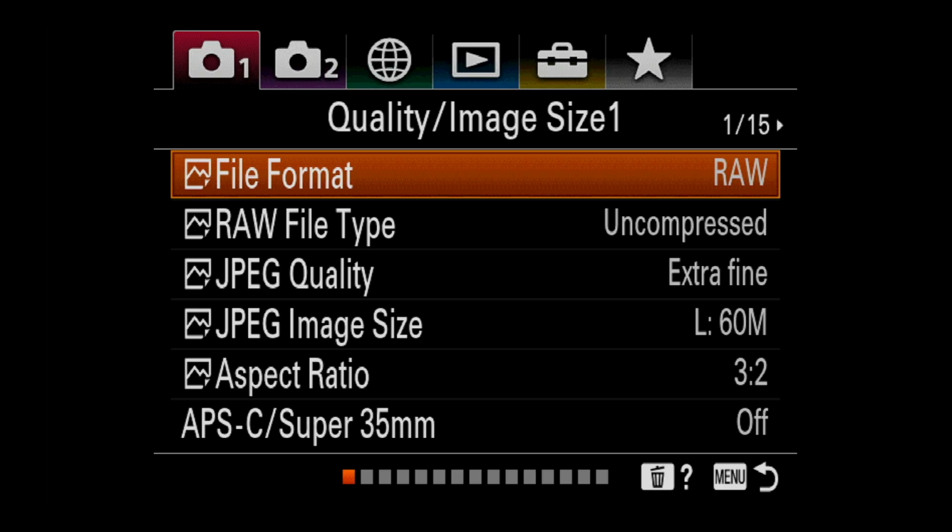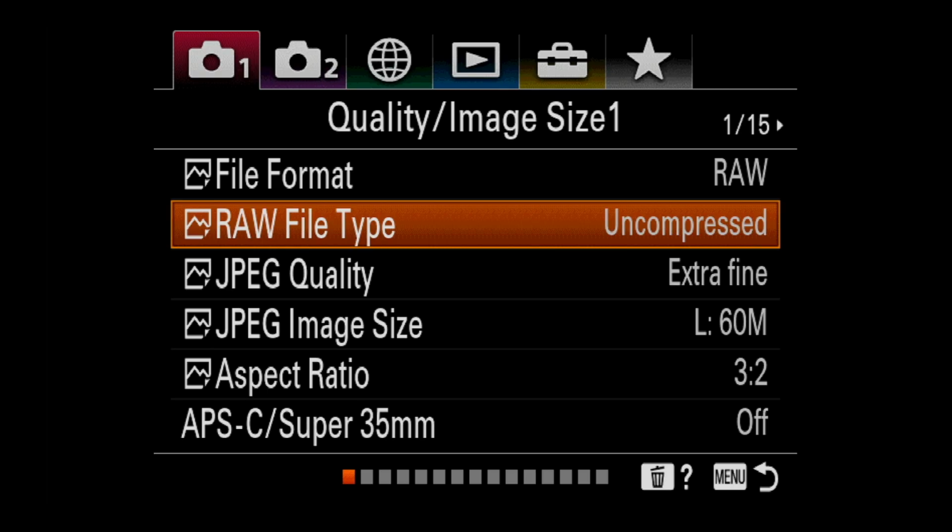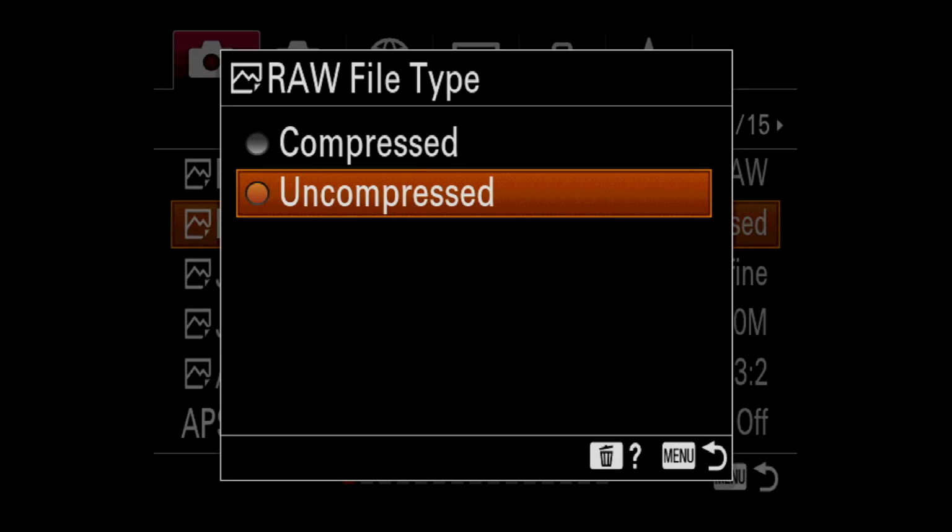All right. I'll go through it page by page. I may edit this for brevity. But here, as you can see, I have the file format again as RAW. The raw file type I choose is uncompressed. You might be able to get away with compressed files, but I tend to think with the extreme dynamic